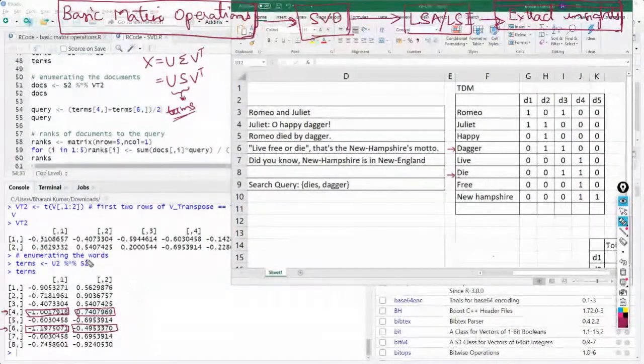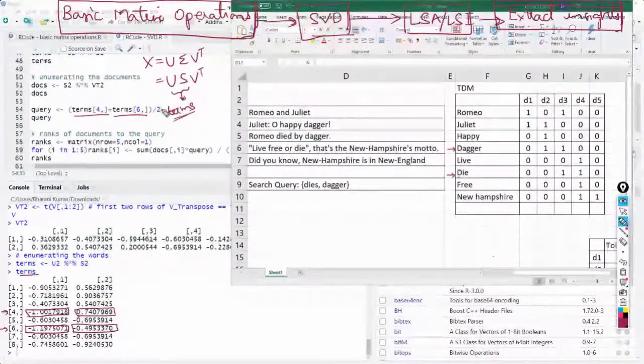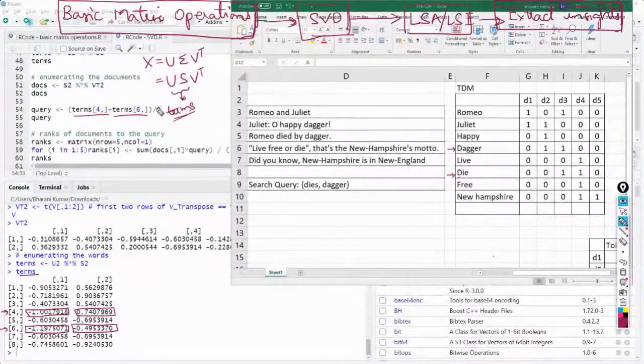What do you mean by average? Simple. You take term 4, row number 4, both the columns, plus add row number 6, comma, blank space means all the columns, both the columns. And you divide it by 2.